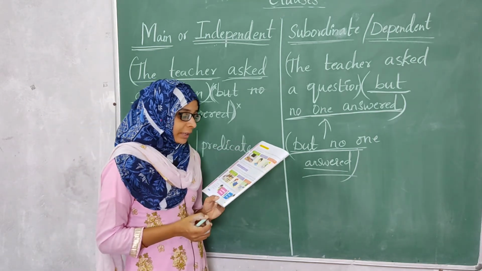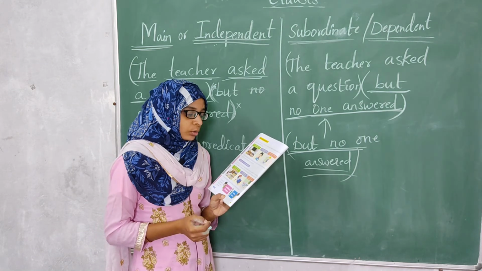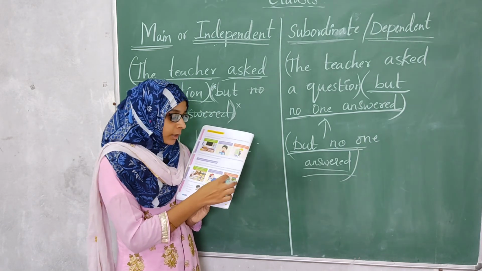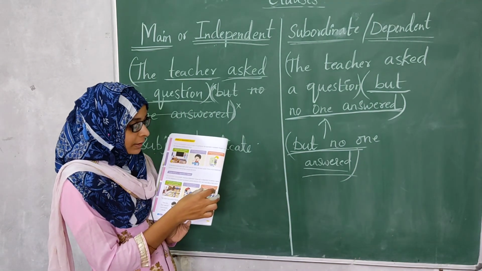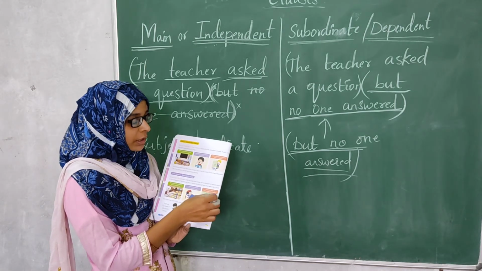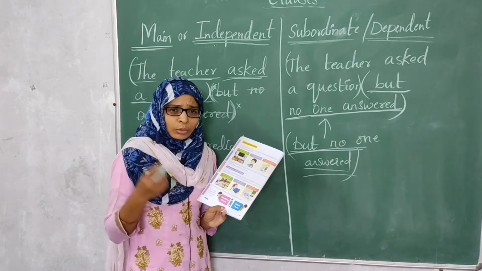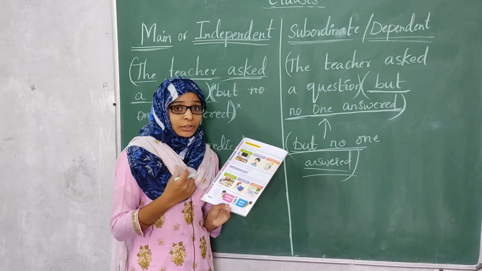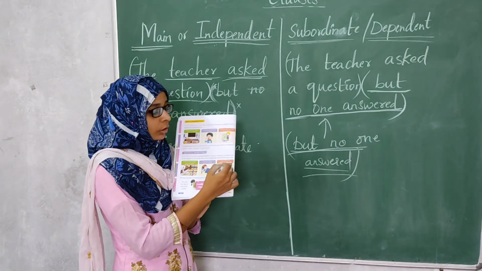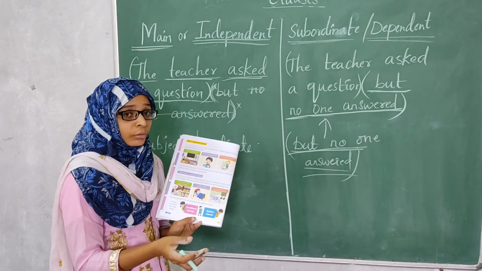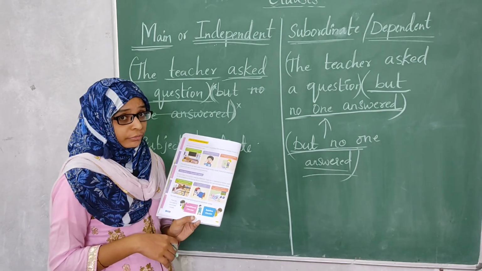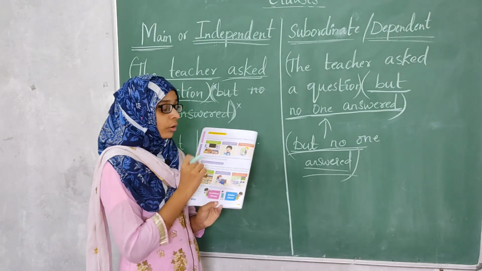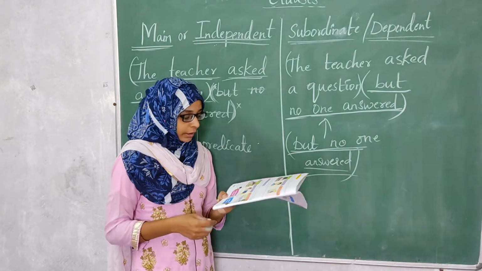He became angry and smashed the vase into pieces. Again, look at this underlined sentence, that is, smashed the vase into pieces. Who smashed the vase? Why did he smash the vase? Okay, you will raise questions. So this alone cannot give us the complete meaning. It should depend on some other group of words. So these are called subordinate or dependent clauses.